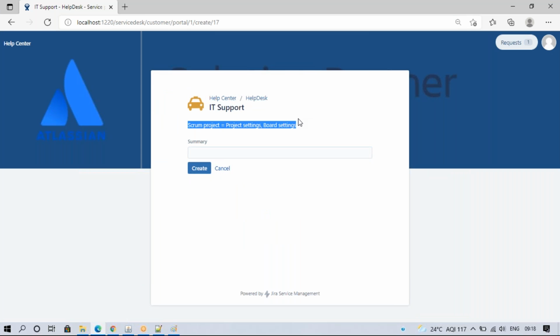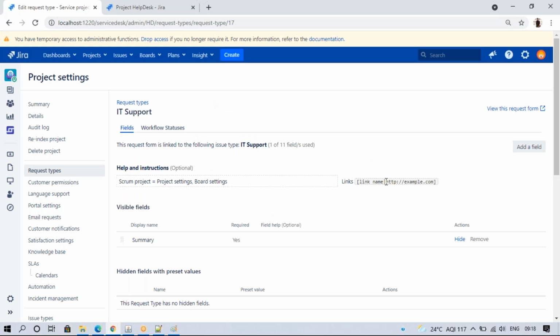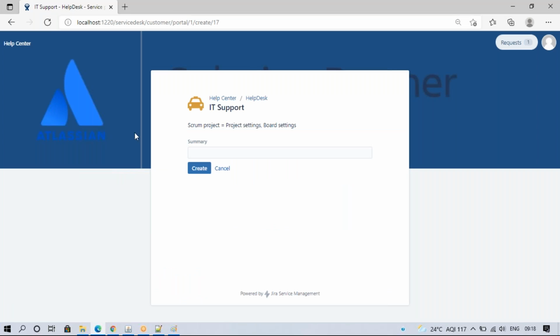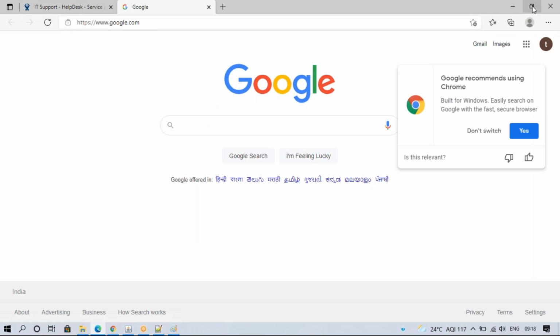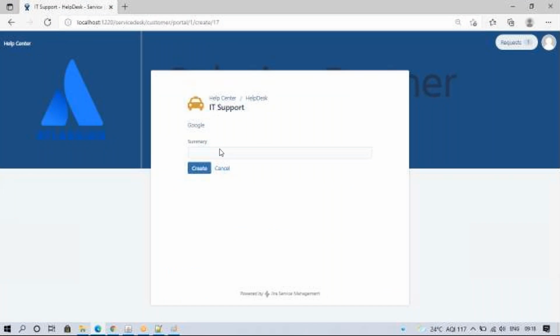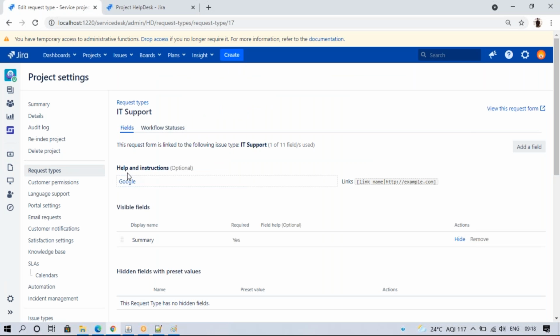See, at the top you can see this. Suppose we have any IT related documentation, we can paste it here. So this is the general request link name, and the link we can keep, so that the same will appear. For example, if you enter this Google, this is what we call hypertext, and these links will come. When we click on this link directly, Google will open, because I gave the Google URL, right?